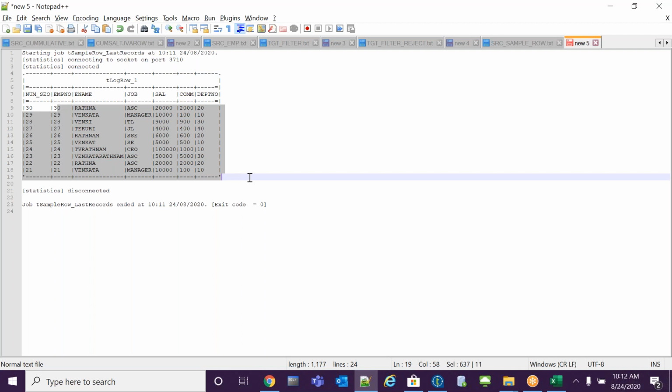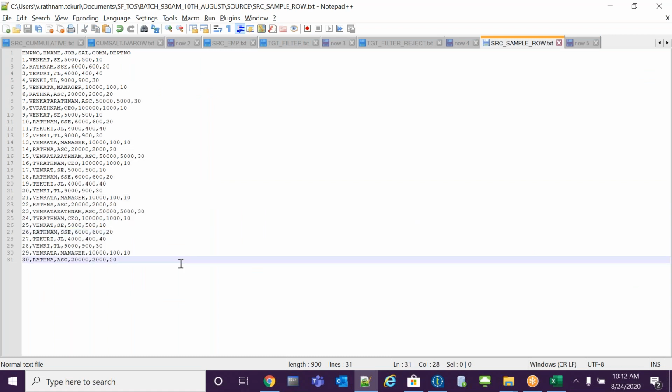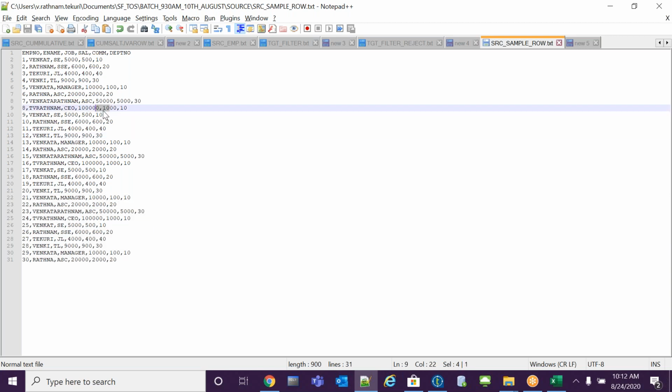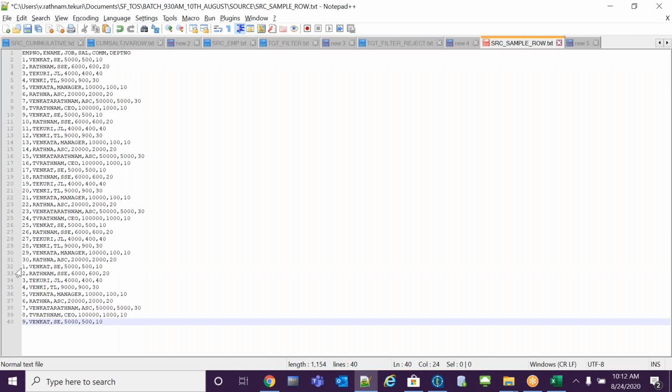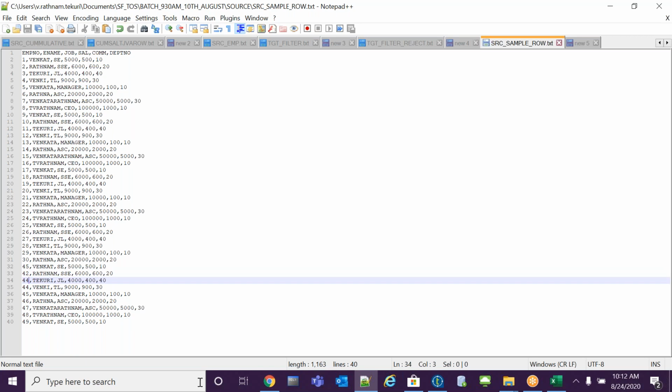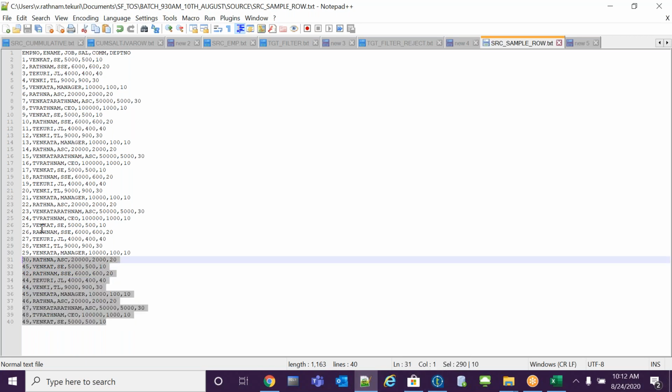Team, how to get the last 10 records? Assume that over a period of time, some more records came here. Let me paste these records. I am pasting these records here. I will give some number, 4140. But this is not in order. Assume this is 45. This is some number. When I run it, I want to get these last 10 records, not this one.